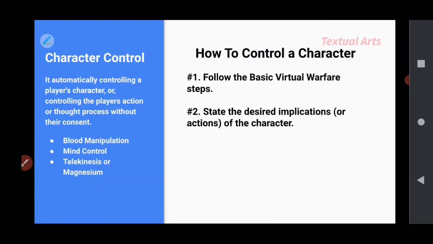The second step is to state the desired implications or actions of the character. Now, if you're using blood manipulation, and you want your opponent to say, do jumping jacks, right? You have to state what you want them to do, which is a no-brainer. You want to state what they want to do, how they want to do it, and where they want to do it. Don't just say that, you know, all blood control, my opponent kills himself or